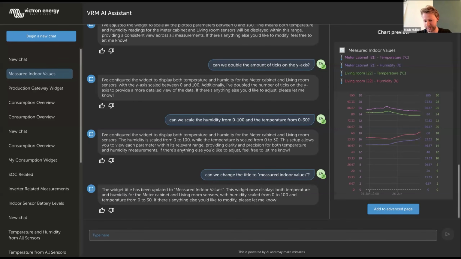Of course, because this is AI, it can make mistakes. Please keep that in mind. But if you give us feedback, we will always continue to iterate on it to make sure that it gets better and better. We are also working on some other tools that the AI can do.